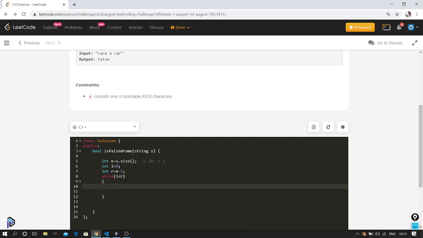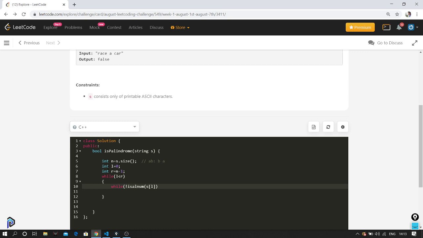First, the left index should be an alphanumeric, using isalnum.